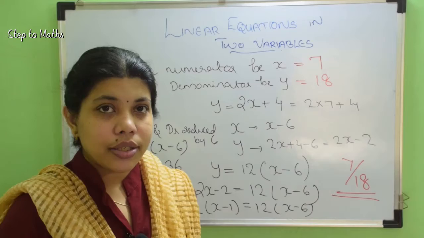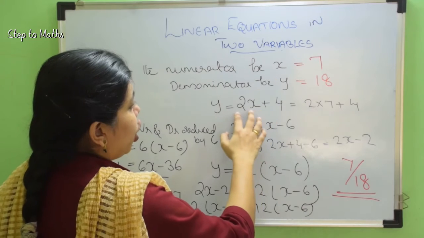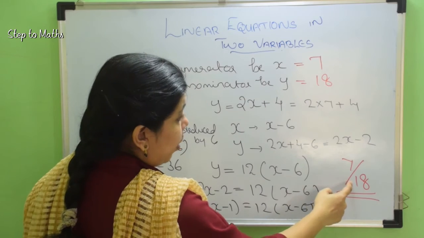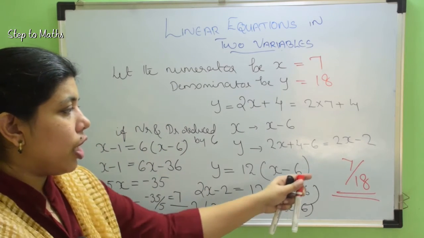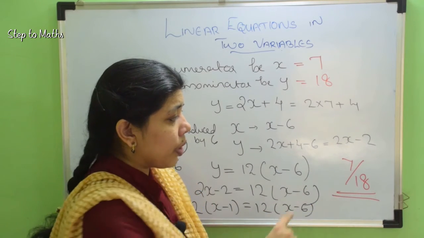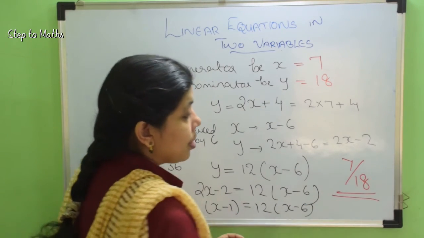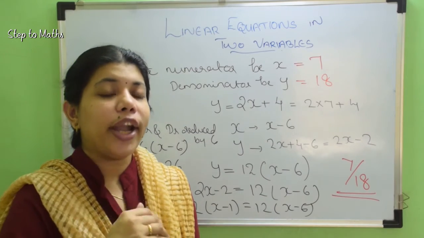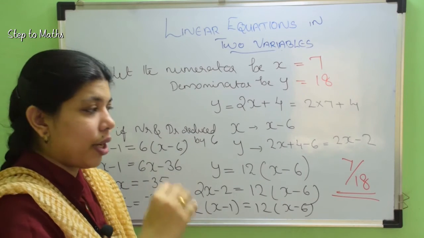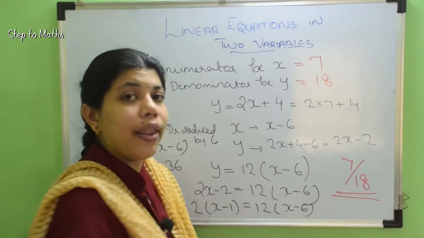We can confirm our answer using the given conditions. First, the numerator is x and the denominator is 4 more than 2 times the numerator. When the numerator and denominator are reduced by 6, the fraction becomes 7 minus 6 is equal to 1 and 18 minus 6 is equal to 12. So 1 upon 12, that is, the denominator is 12 times the numerator. So we can confirm our answer is right. The fraction is 7 upon 18.